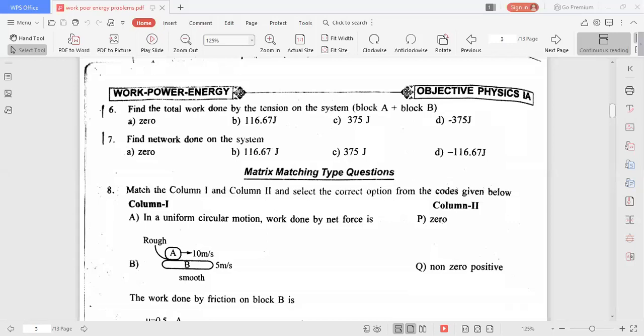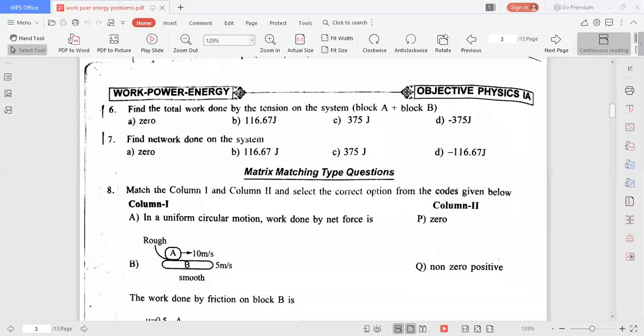Sir, the seventh problem, the last one. What is your doubt? I did not understand what is the work done by gravity on the system. Work done by gravity means by the gravitational force. Gravitational force means weight. The earth attracts the body with a certain force, no? Yes, sir. That is called weight, so that is called gravitational force also. What is the work done by gravity on the system, they asked.